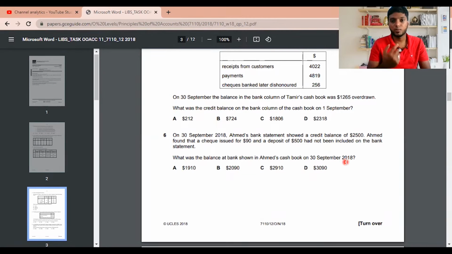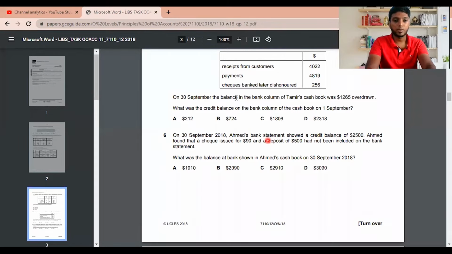Now you need to understand one particular thing, that the bank statement and the adjusted cash book had a balance difference. So you need to find out that difference on the month end. Because they said that the bank statement is wrong, you should find out if it's correct or wrong. So here you need to understand one particular thing. If you have a bank statement credit balance of 2,500, then in the adjusted cash book it should be a debit balance of 2,500, because we compare the adjusted cash book with the bank statement. So whenever your adjusted cash book has a debit balance, the bank statement has a credit balance. That is the rule you would have learned in the bank reconciliation statement. With that knowledge, we are going to start the adjusted bank account.